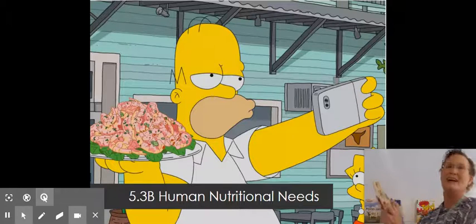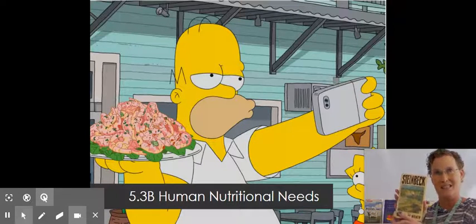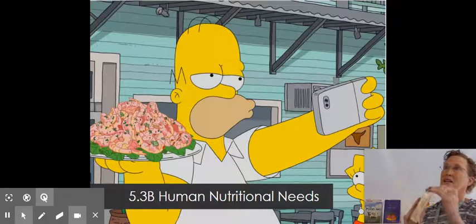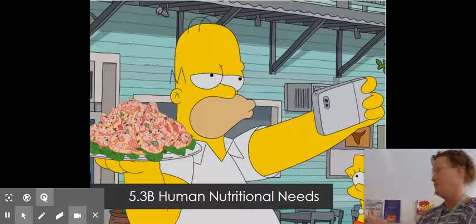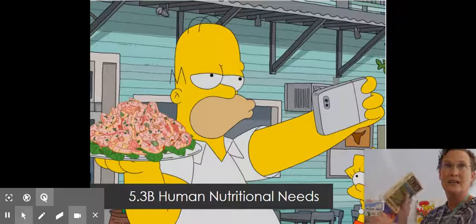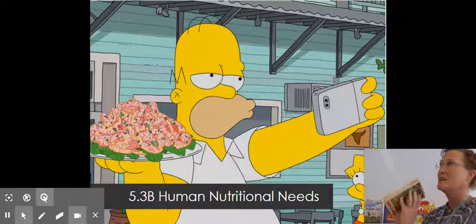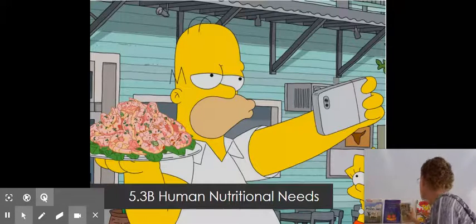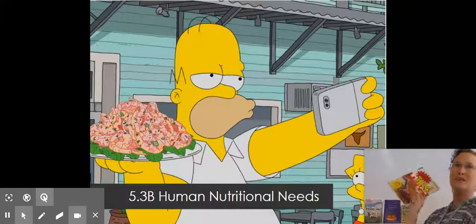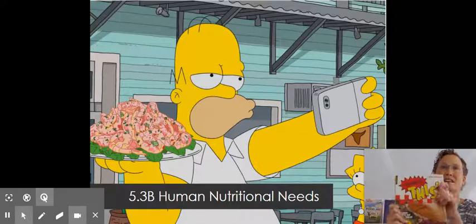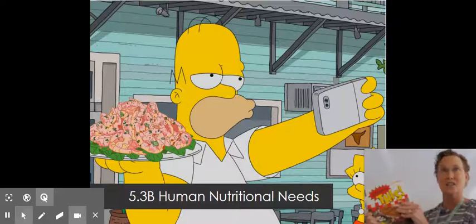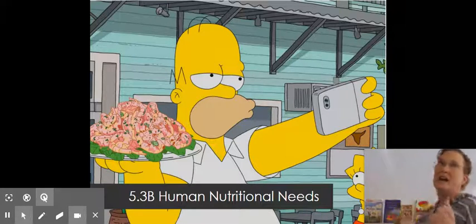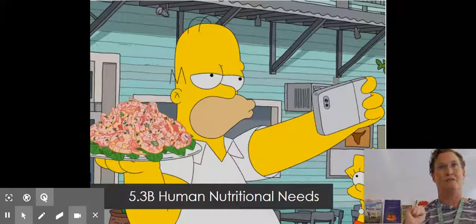You may know John Steinbeck and The Grapes of Wrath, and this is a novel, but it definitely has to do with human migration and how we have gotten food all around the world. And some of his explanations of the Dust Bowl are super fascinating as it relates to environmental science. And then this book, it's not my favorite of all the vegan books that I've seen. This book, Veganize This, is a cookbook that will talk about ways to eat food in a way that is better for the environment.